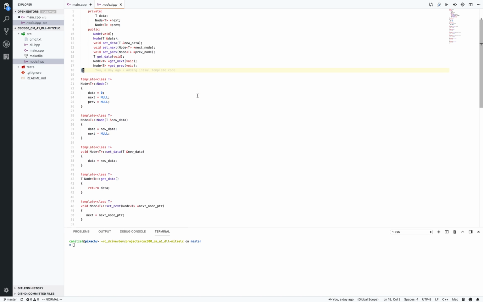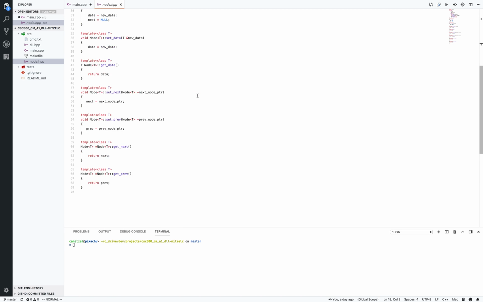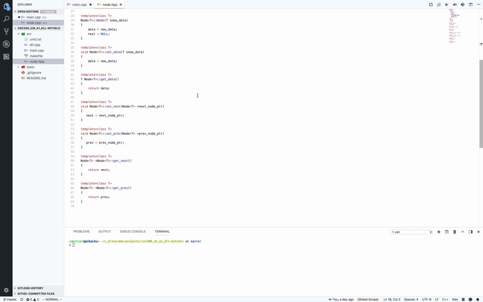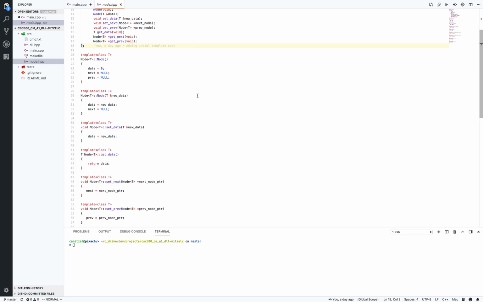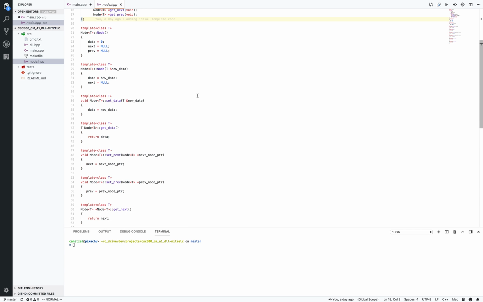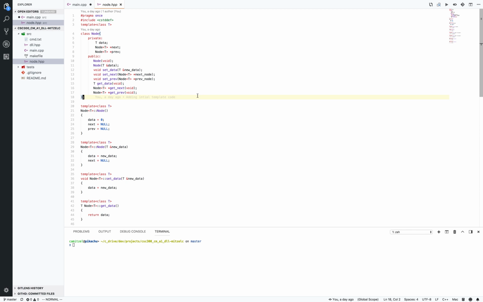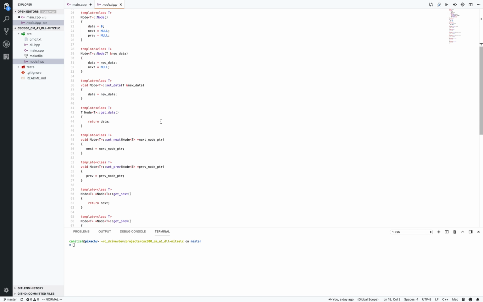And for our cases, this class is already fully implemented for us, so you're not going to have to worry about doing anything in this file. This file is just here for you to review and see the functions that are available to you as you're drafting up your DLL, your doubly linked list class, as well as how those different things